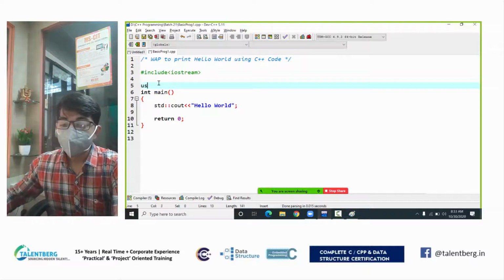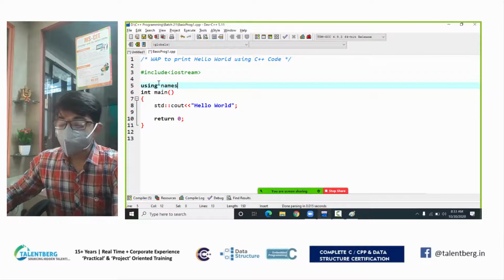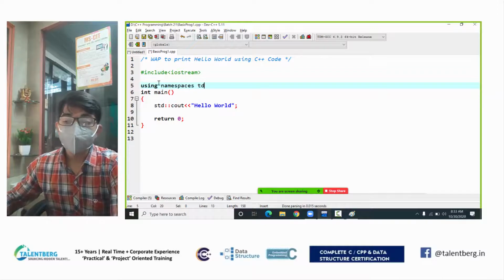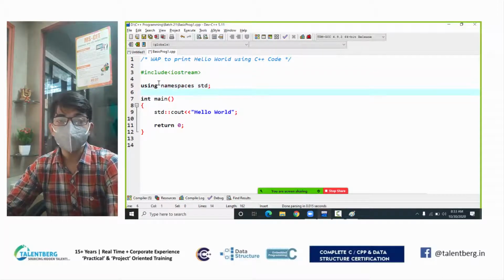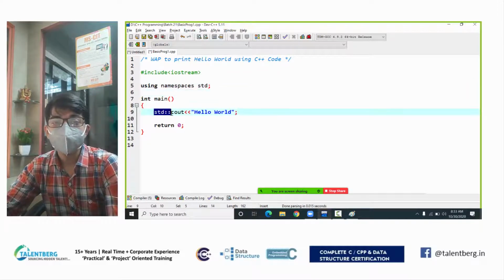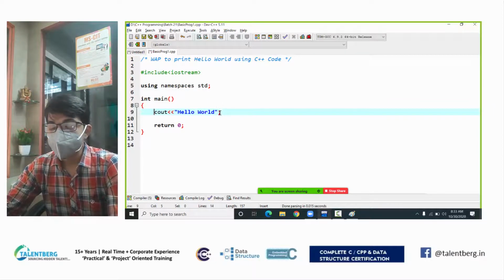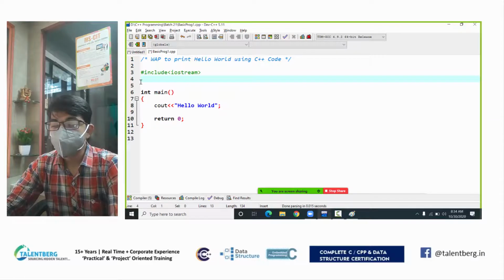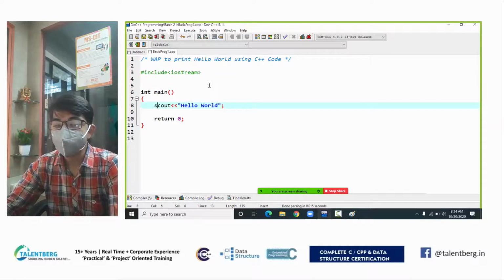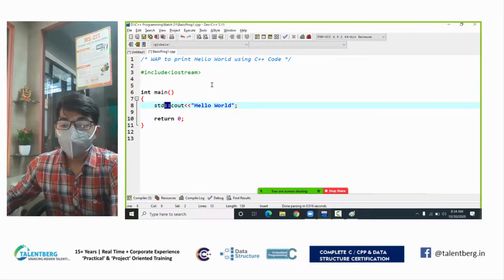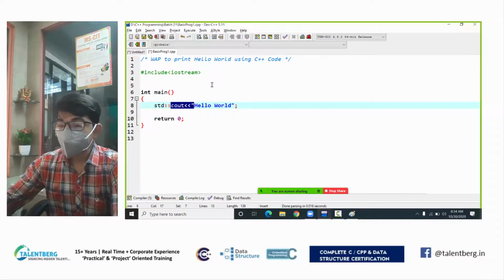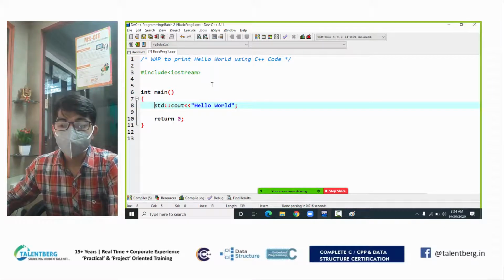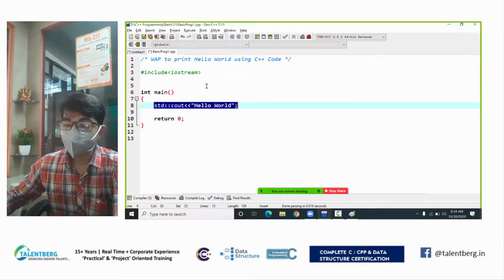So I type using namespace std like this, and I type only cout hello world. Otherwise if I remove this line, I need to type std scope resolution cout. This is called scope resolution. So this is the syntax to execute the code.